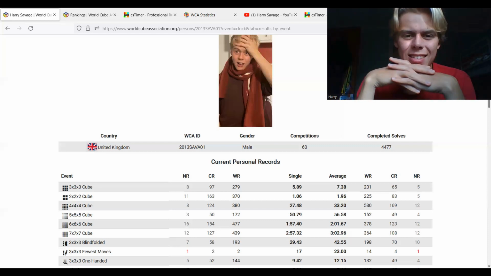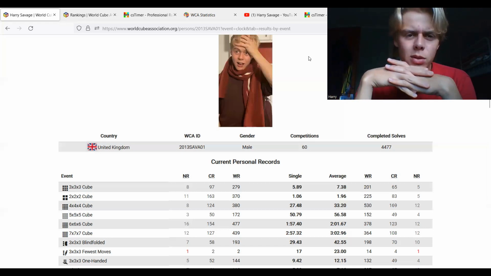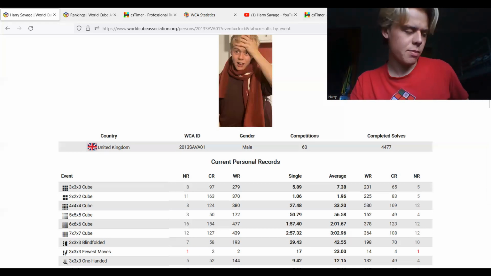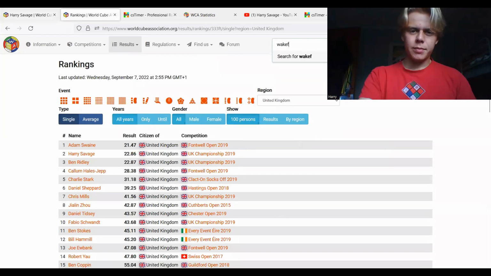But anyway, I think this is going to cut out pretty soon. Obviously, you're going to UK Champs, aren't you? Yeah, absolutely. I've got nothing else until then though. No other comps besides the Fewest Moves UK Champs. So, in the meantime,